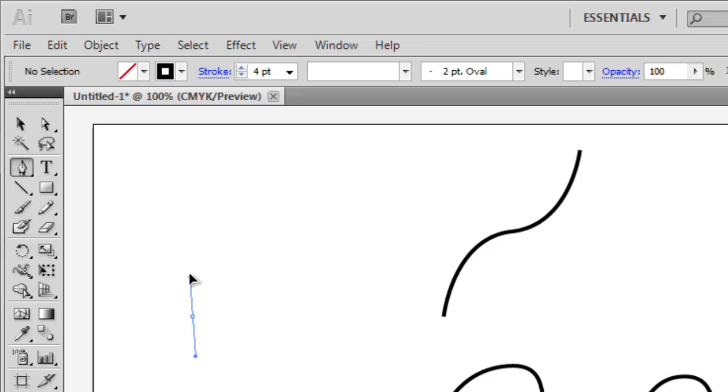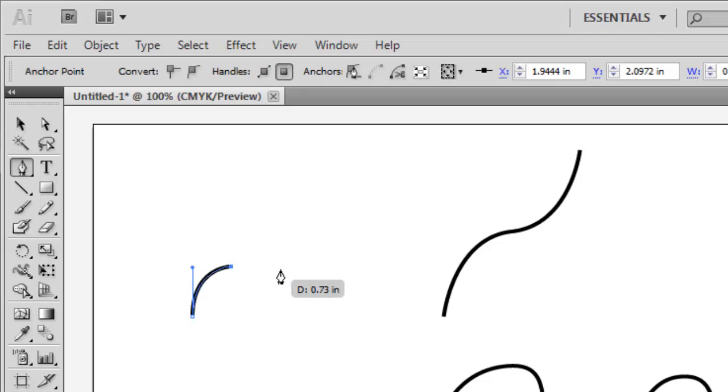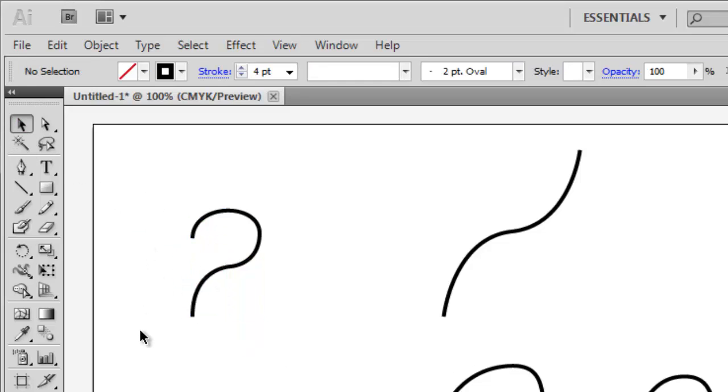I'm going to click and draw a tangent line to start, click to add my center point, click and drag to add the top part of that curve, and then when I click to finish this question mark shape, I can click and drag and actually get the top part of that question mark lined up the way I want it. So this, if I click off of this so we don't see those different tangent lines there, gives you more